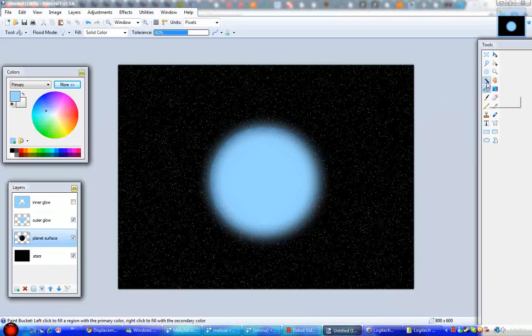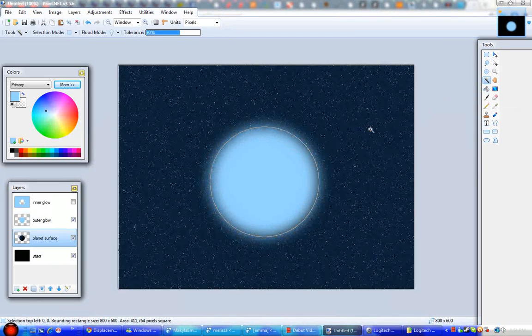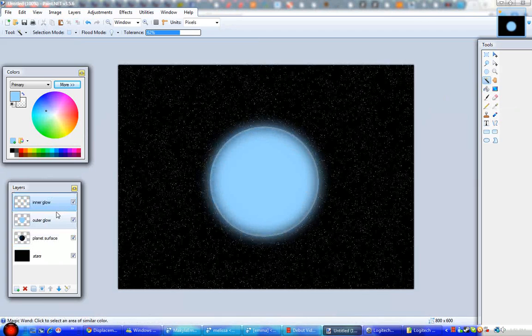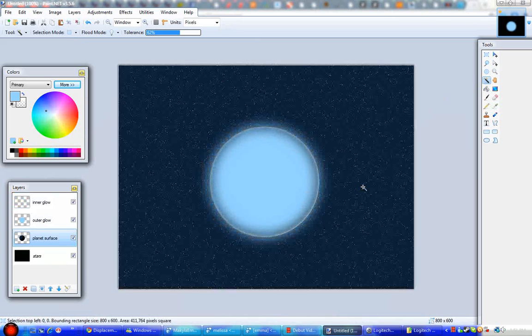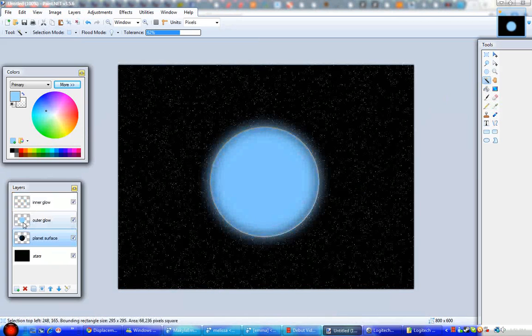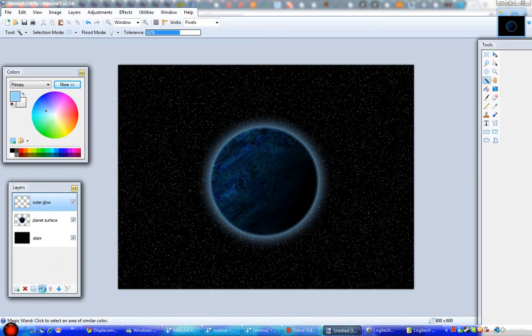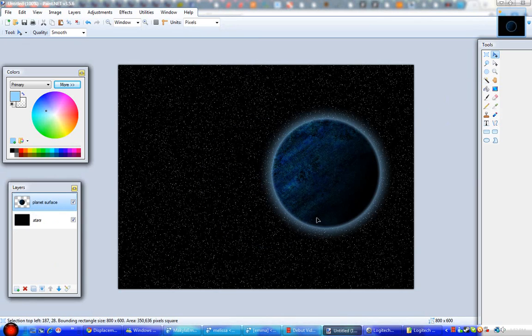Then go back to your planet surface layer and then select the outside and then go to inner glow and press delete. Now, yeah, and then go to your planet surface again, magic wand, and then invert the selection from there and then delete inner glow, and then you should be left with something that kinda looks like that. Once you've done that, merge your glow layers down onto your planet surface, and then you're pretty much free to